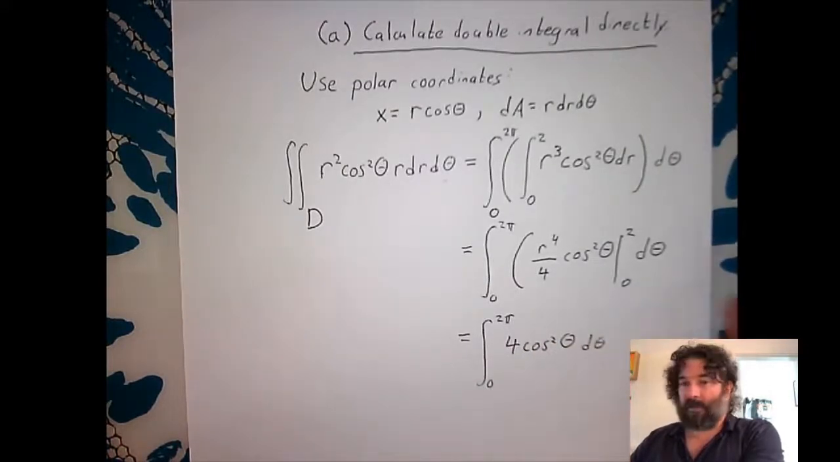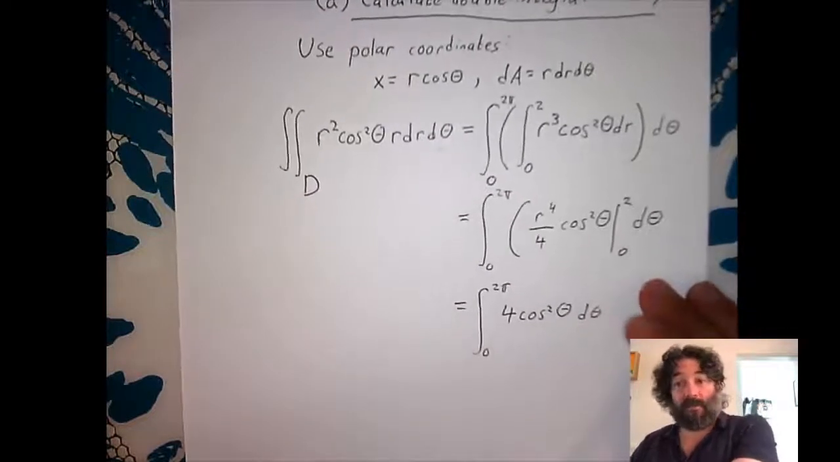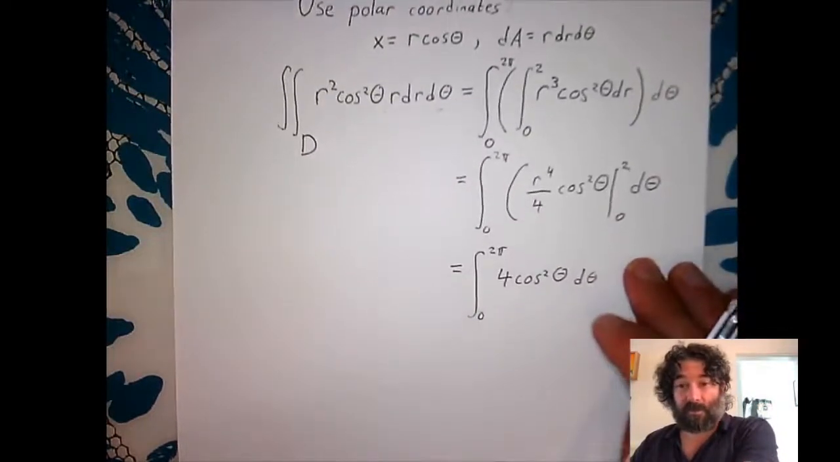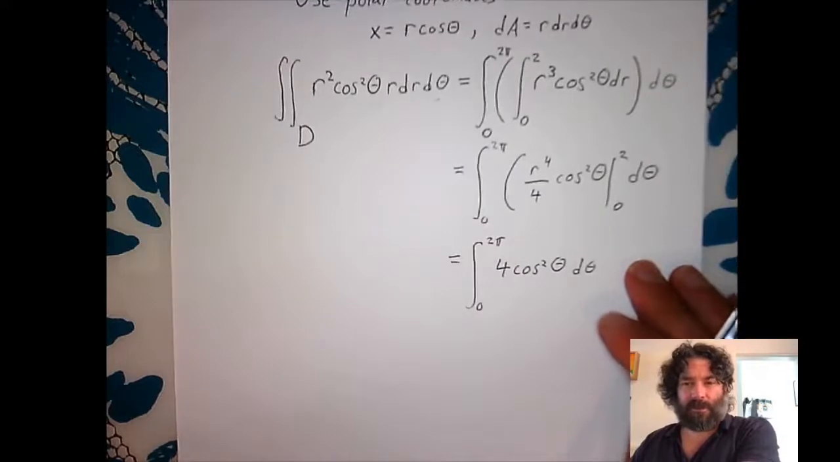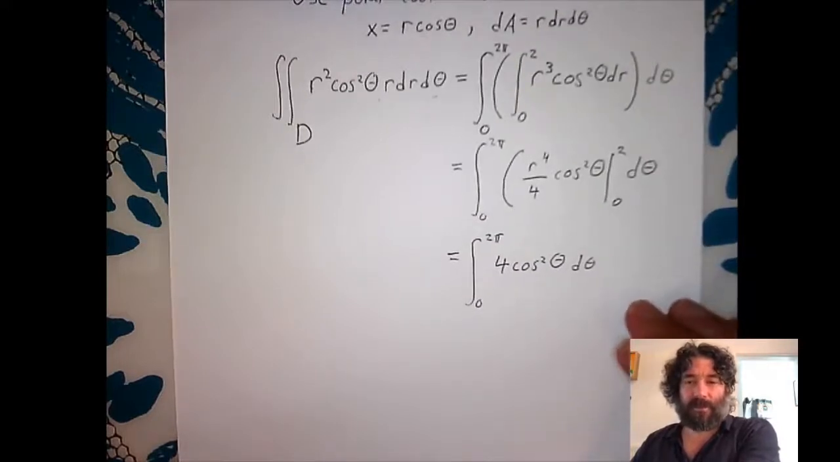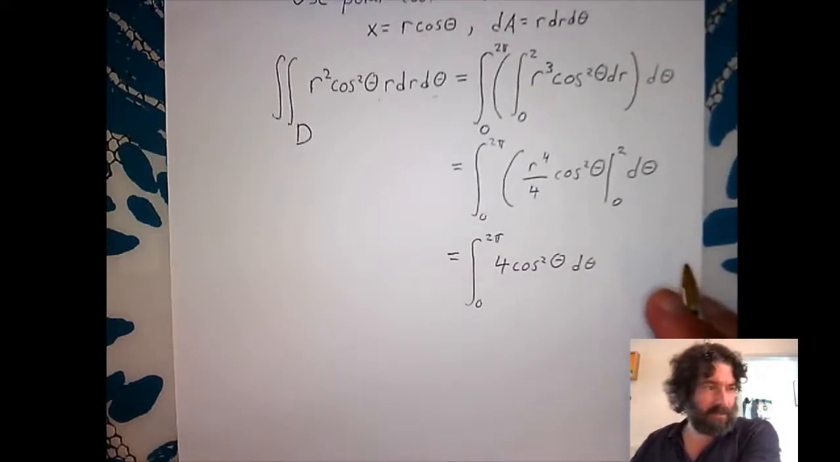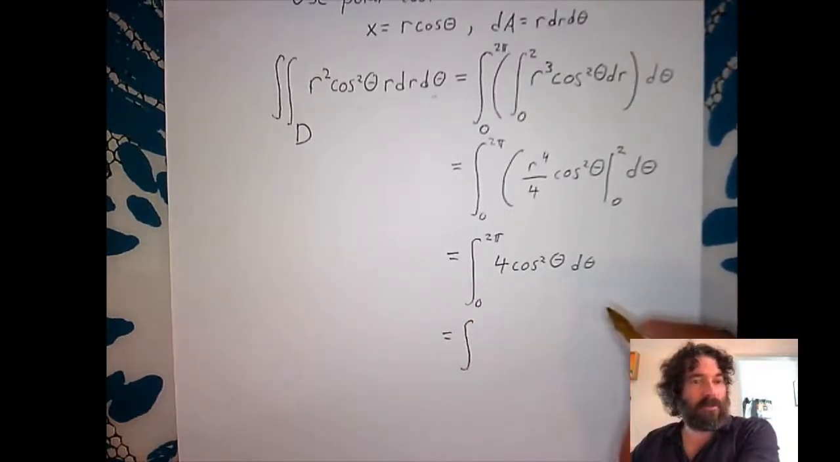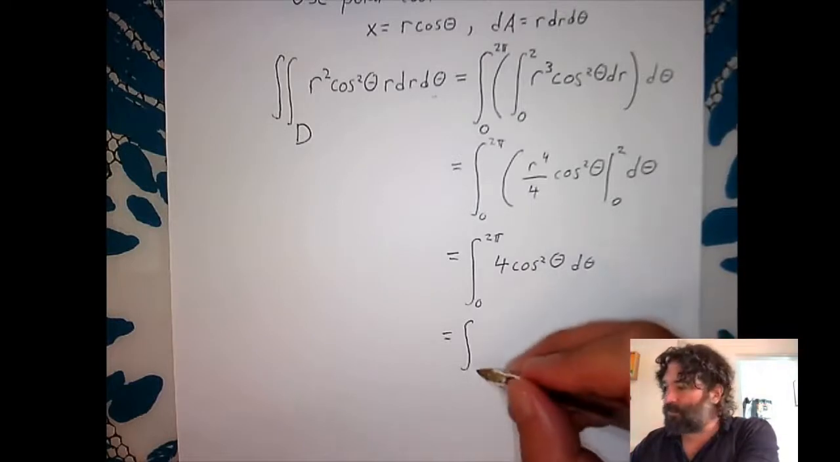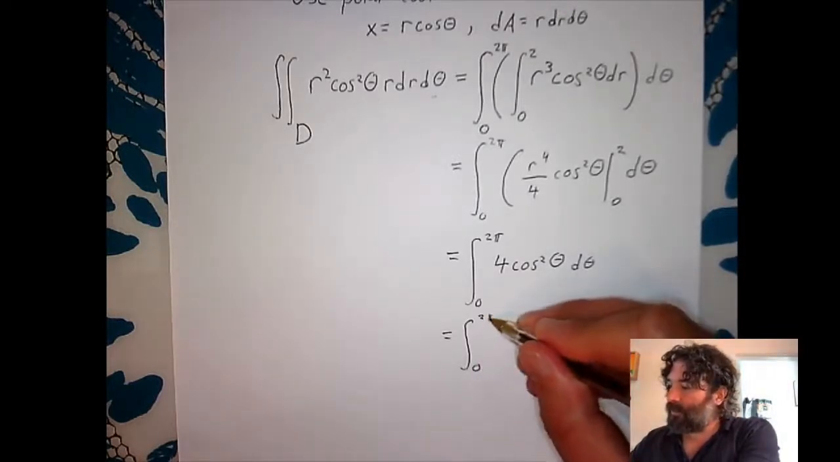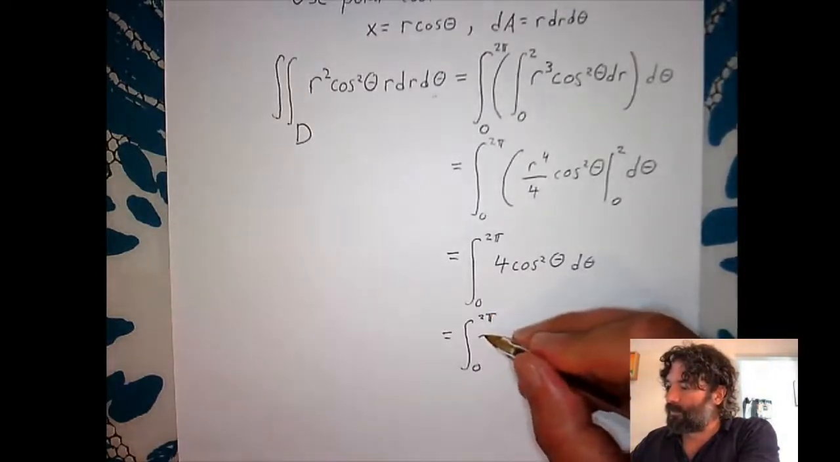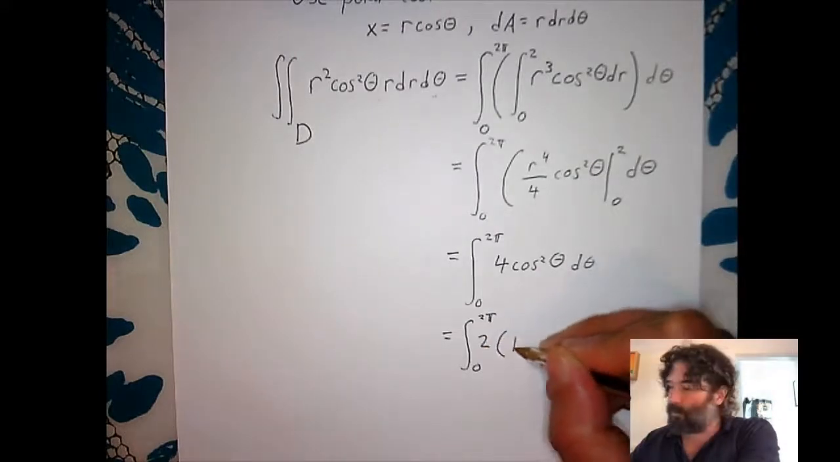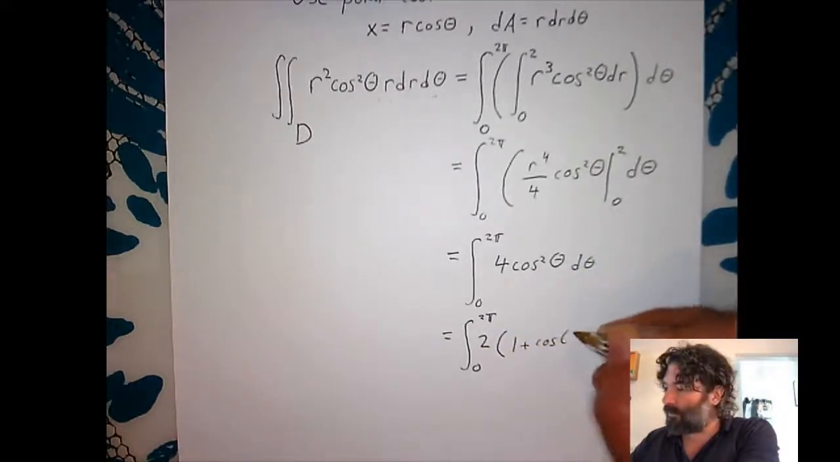d theta. And we have to remember how to find the indefinite integral of cosine squared, or look it up somewhere. In order to find the indefinite integral of cosine squared, we use a trigonometric identity, that cosine squared is equal to 1 plus cosine of 2 theta divided by 2. When we use that trigonometric identity, we get the integral from 0 to 2 pi of 2 times 1 plus cosine of 2 theta